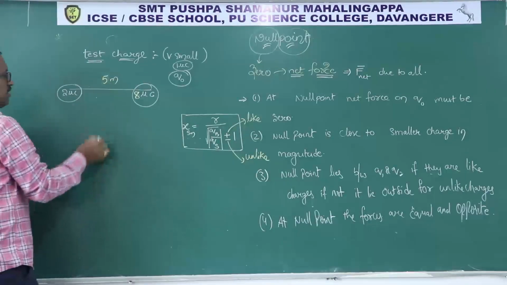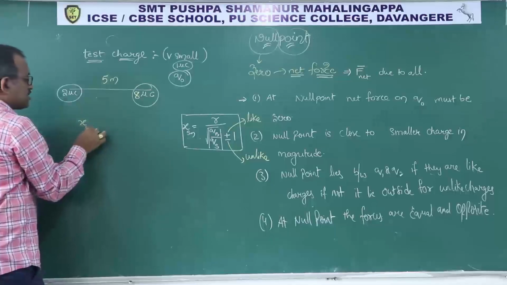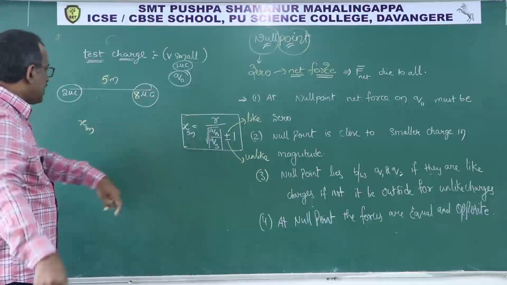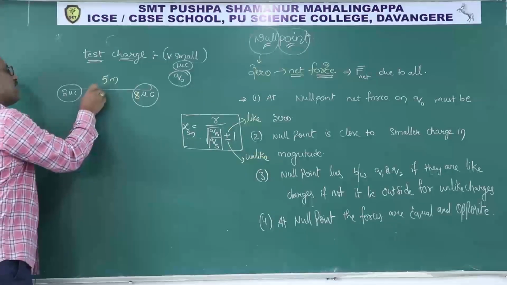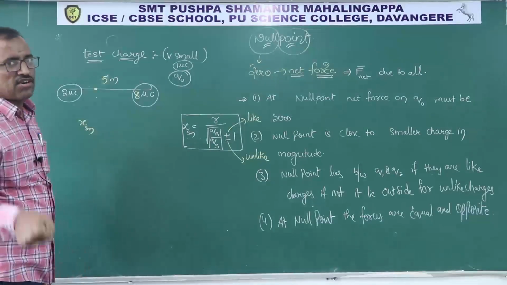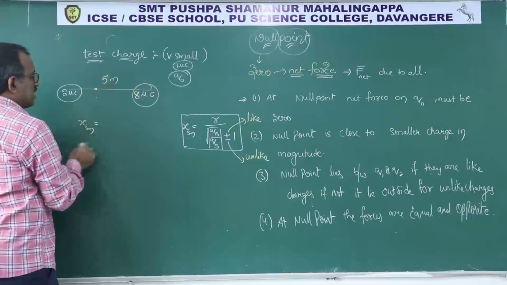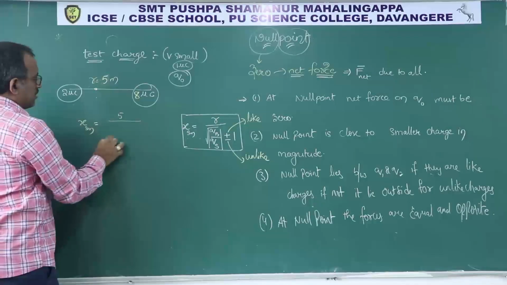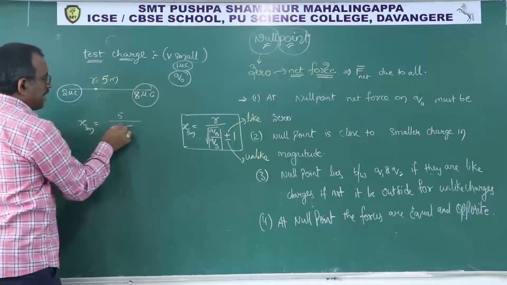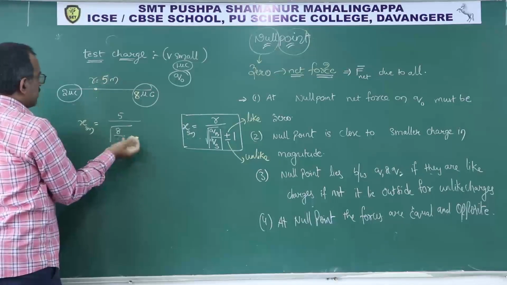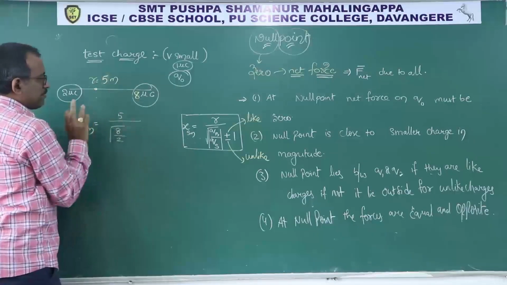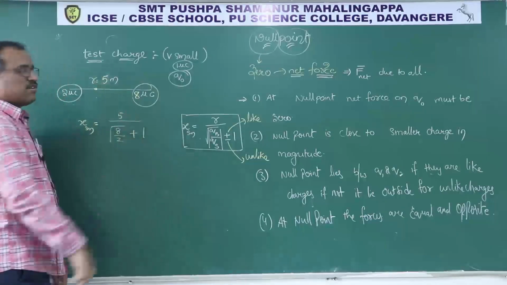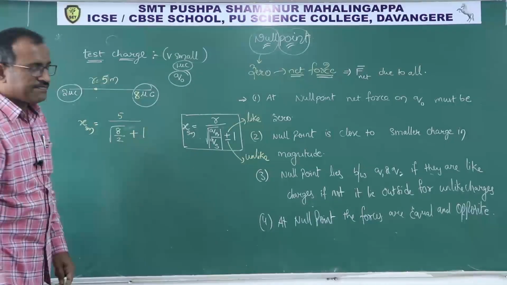So listen carefully. What is x from smaller? Make sure this formula is from the smaller charge, means from 2. A null point is close to the smaller charge. Let us cross check. X smaller is equal to R upon root over Q bigger magnitude only, 8, by Q smaller, 2. But please, root is only for the Q's. Plus 1 I have to write because similar charges.